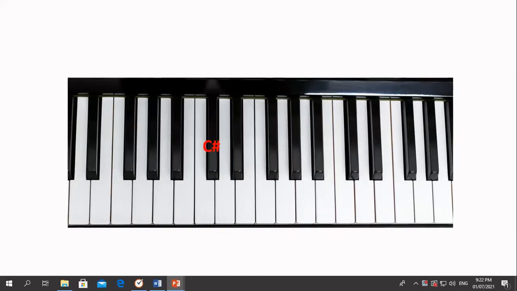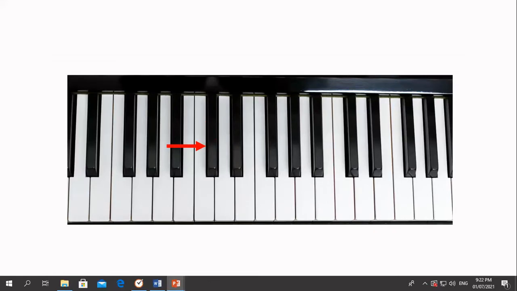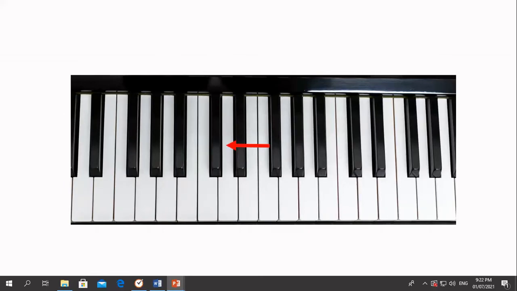So this could be a C sharp or a D flat, since this is in between C and D. By the way, we call it a sharp when we move one semitone forward to the black key. And we call it a flat if we move one semitone backwards to the black key.